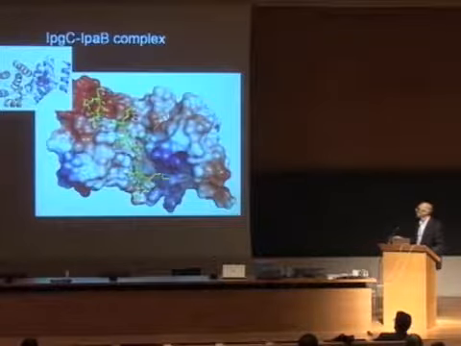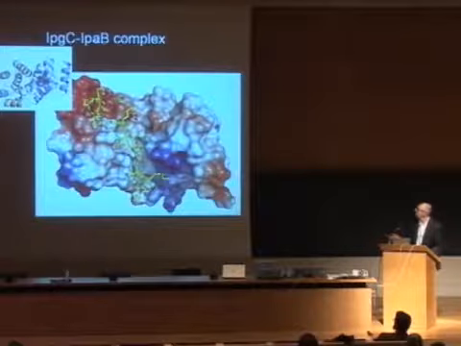One of the interesting things about this structure too is that there are only 3 points where IPA-B is actually linked to IPGC. We name them P1, P2, and P3. These are 3 amino acids in IPA-B that are absolutely conserved in all the IPA-B homologs in Salmonella, Yersinia, et cetera. So evolution has absolutely conserved these binding parts. The pockets that are formed in the chaperone for P1, P2, and P3 are also conserved. And they are very low affinity interactions, in the micromolar KD range.